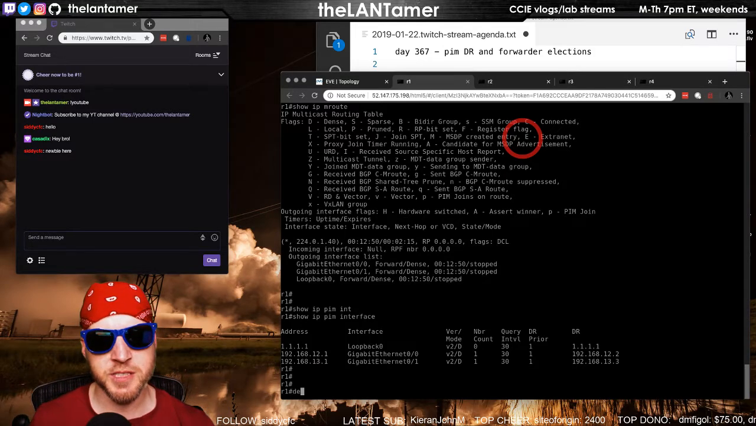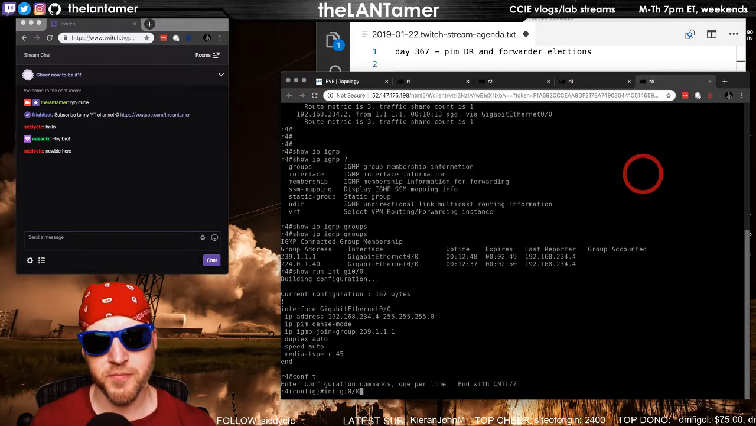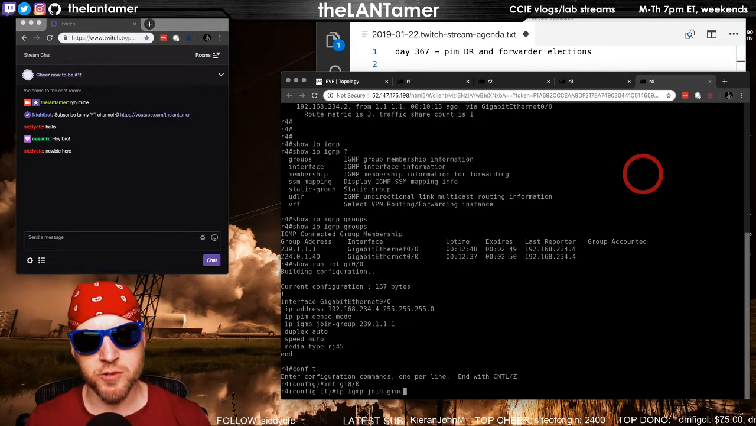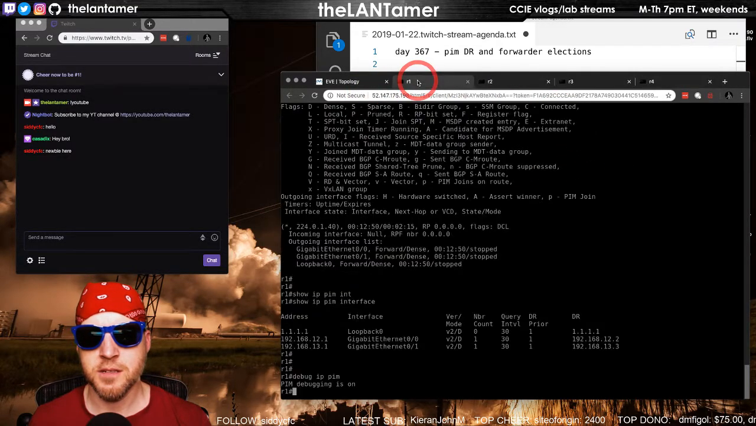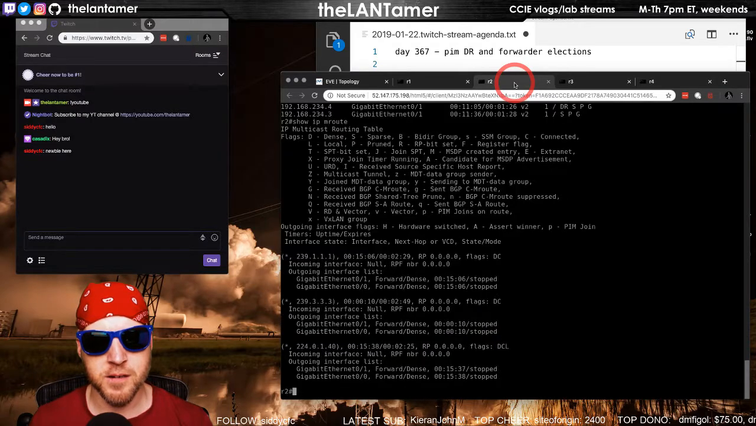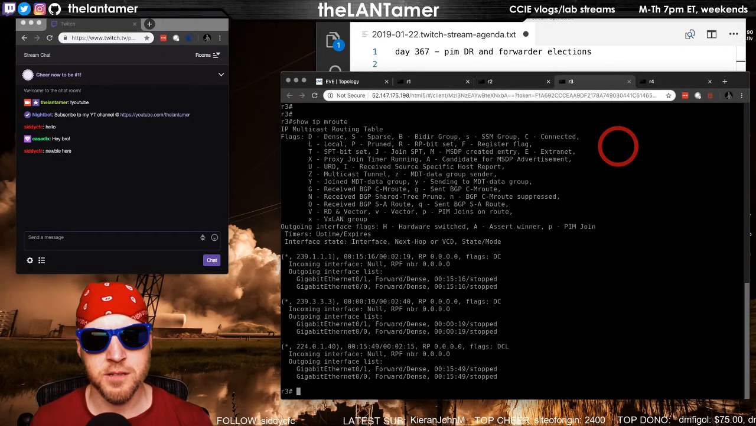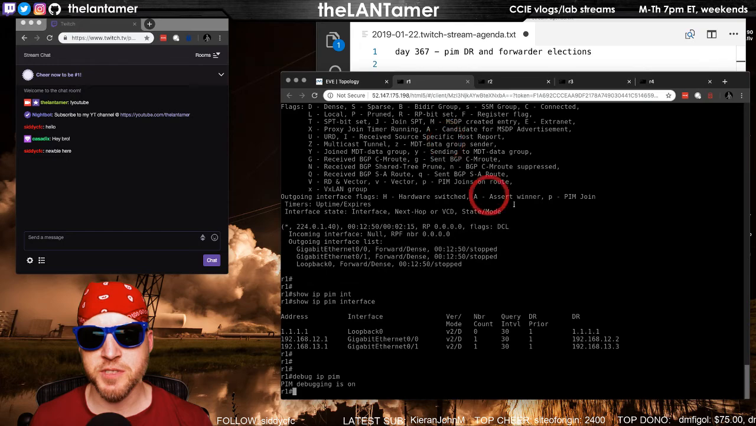So I'm going to do a debug IP PIM. I think that's the best way to probably see it. And we're going to add a new join group. IP IGMP join group 239.3.3.3. So let's look over here at router 2, show IP mroute. Okay, so we have the star comma G. And we have it here as well. We should have received